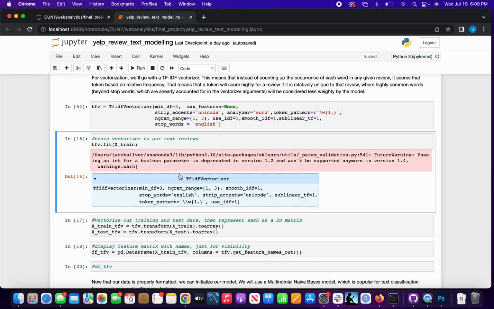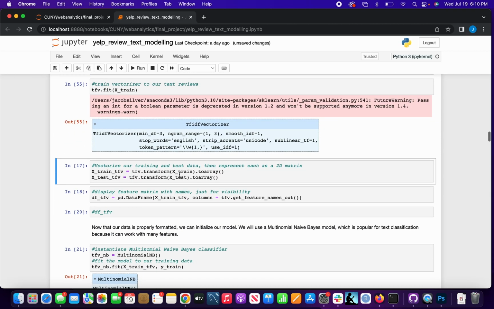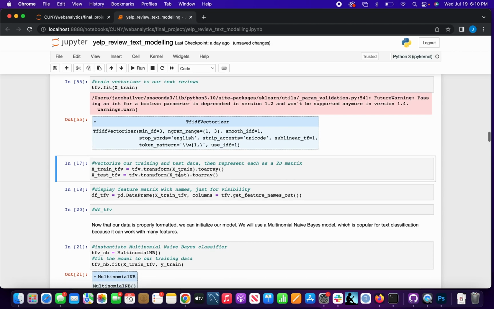And so terms that are relatively unique for a review will score more highly than words that occur more commonly. And this is a way to account for words that should be treated as less predictive because they're actually used in many different reviews. Like, for example, I think a word like food would score low here because it's not very useful from a prediction standpoint. So we fit that vectorizer to our data,